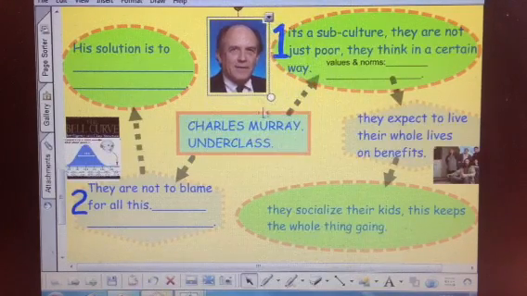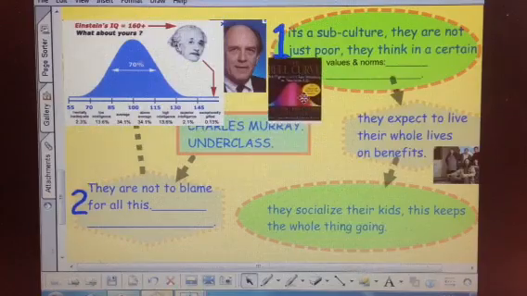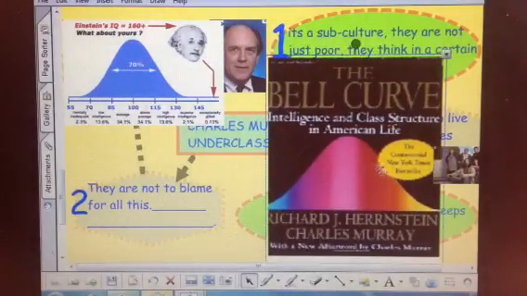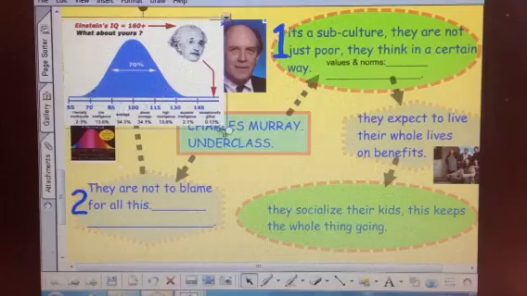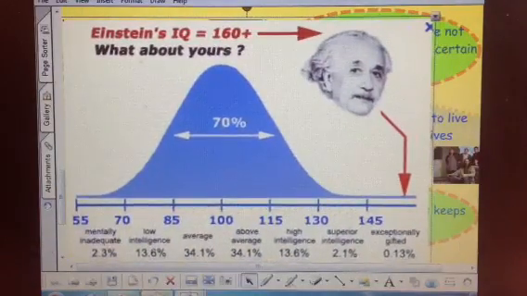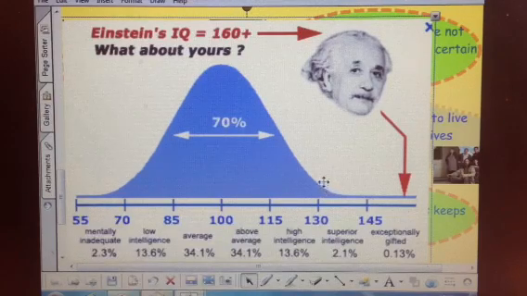Before we get too carried away with him, we ought to know a little bit more about him. Charles Murray is also famous for writing a book, here's the cover of it, called The Bell Curve, about intelligence, social class and ethnicity. And in his book, he goes on to prove in his head, here's everybody and their IQ, from not very clever all the way up to very clever. Einstein's 160, Wyszynski is 132, by the way. That's an aside, it's not important, but it is to me.